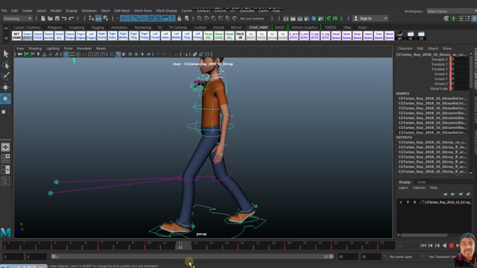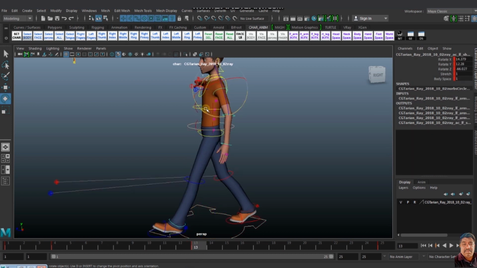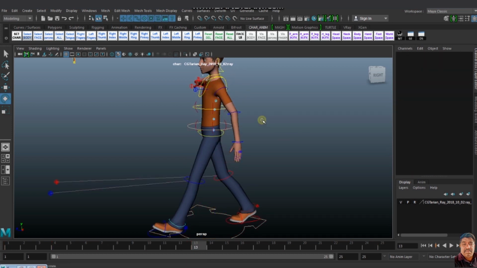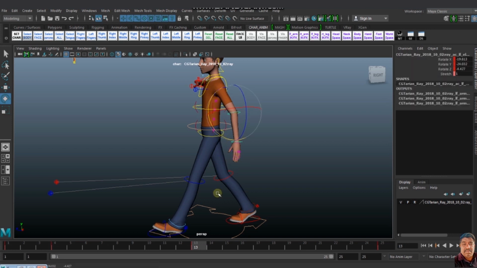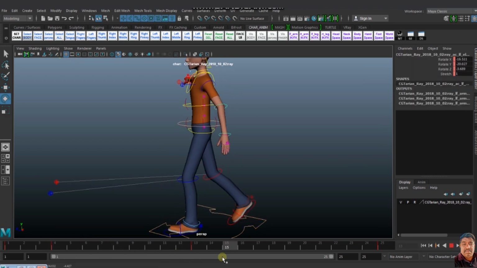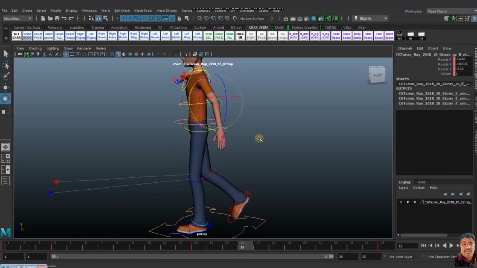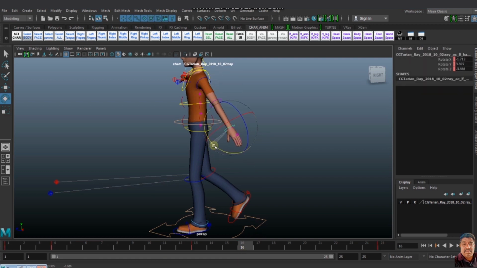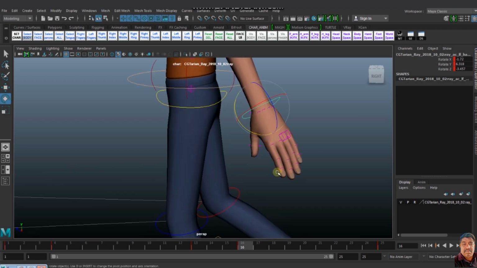Now the other thing is that it is a little bit backward. In frame 16 there is overlap from the wrist, and overlap from the elbow.